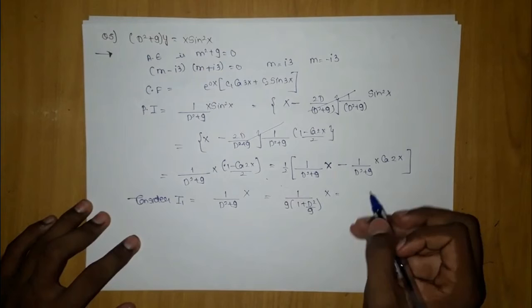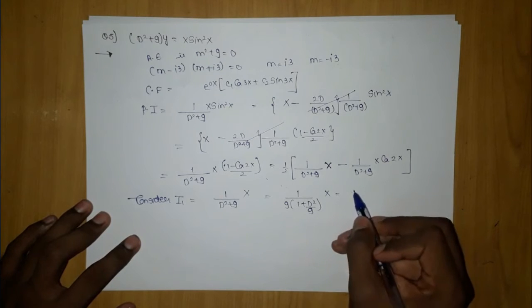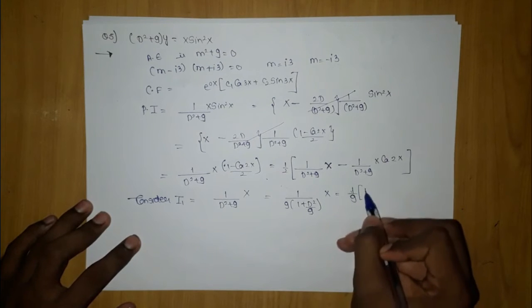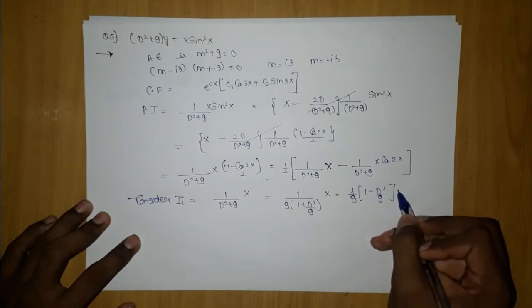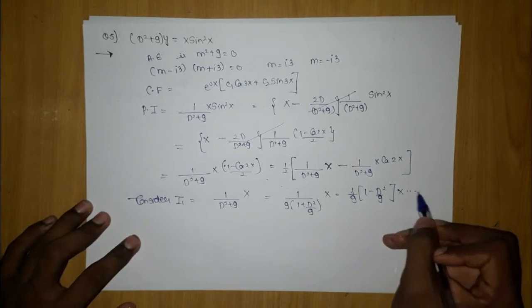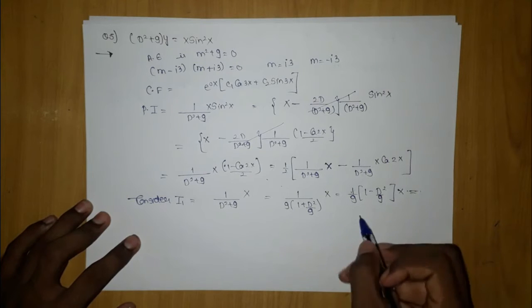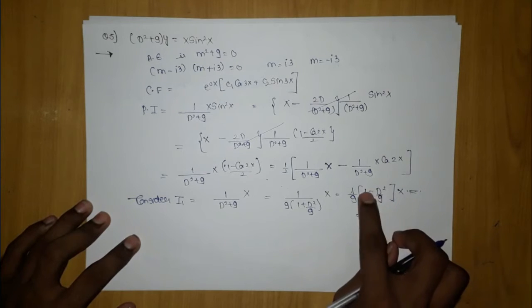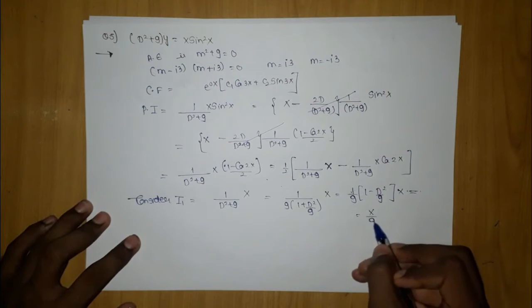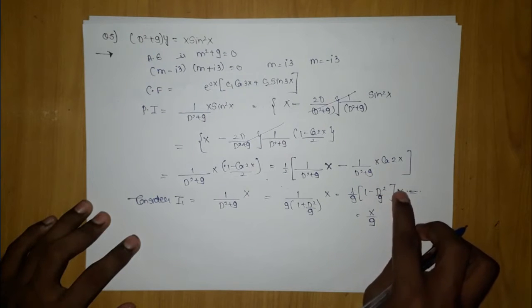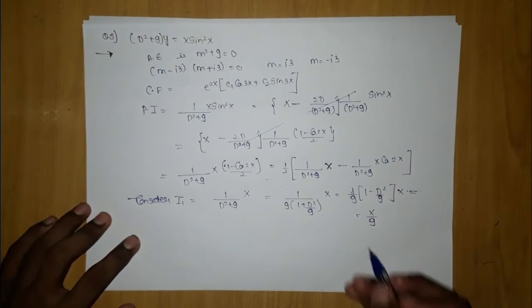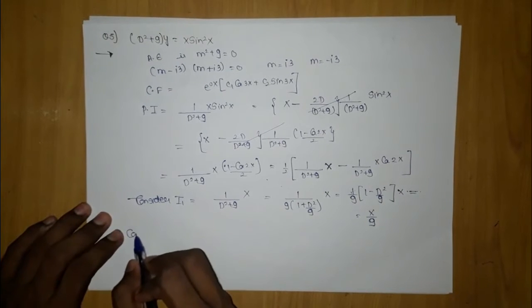If we try to expand this using Maclaurin series, we get 1/9 (1 plus D square by 9) inverse. Here we want power 1 and here we are getting power square always. So we are going to keep this one only, so it will be x/9. If we take this, its power is 2, so we are not going to take it; we always take power which is equal to this or less than this. So we got I1. Now consider I2.